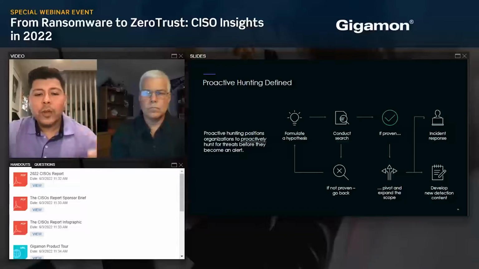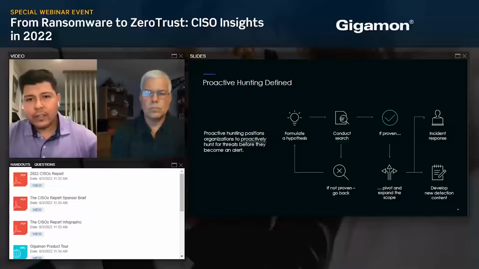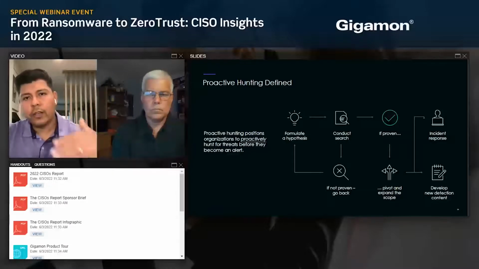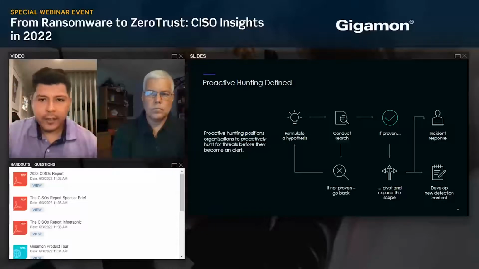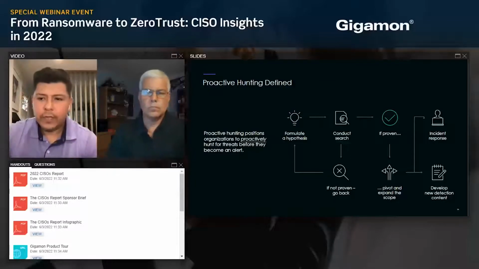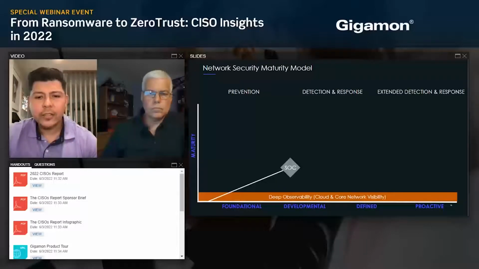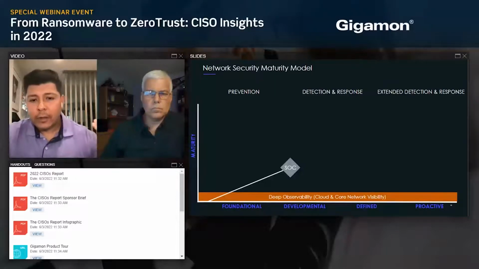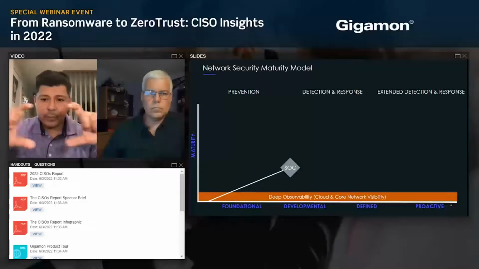So what does this look like in the context of a security maturity curve? Where does proactive threat hunting fit in? Where does network detection and response fit in? Where does the deep observability pipeline fit in? What I like to say is, foundationally, you have this deep observability